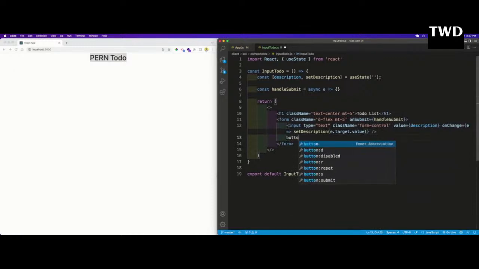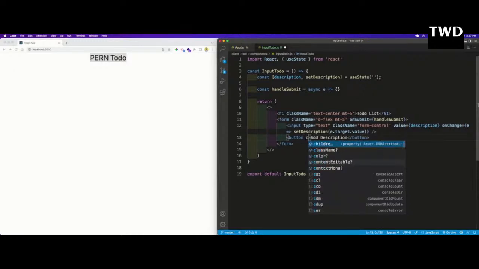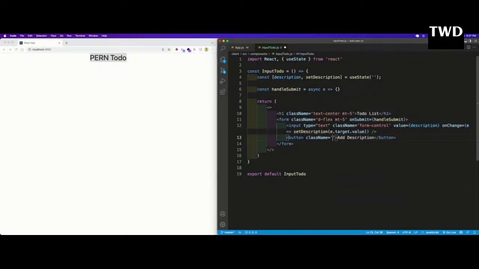This button will be add description, and class name is equal to btn btn-info, save it, and then